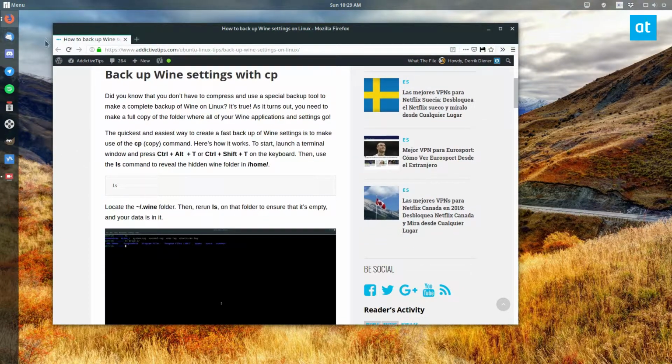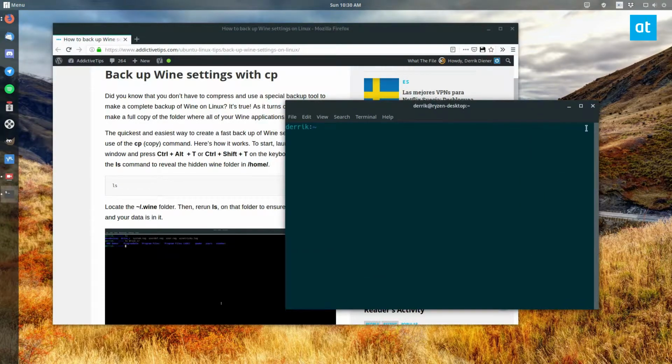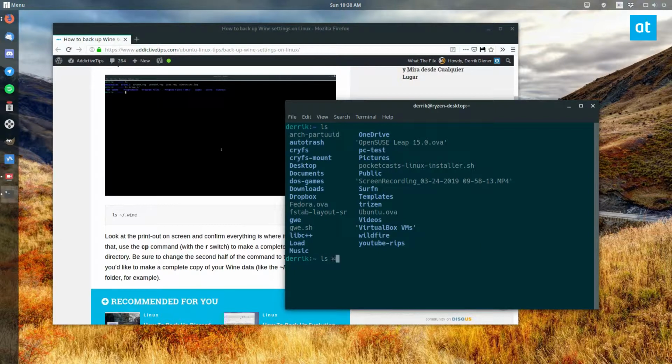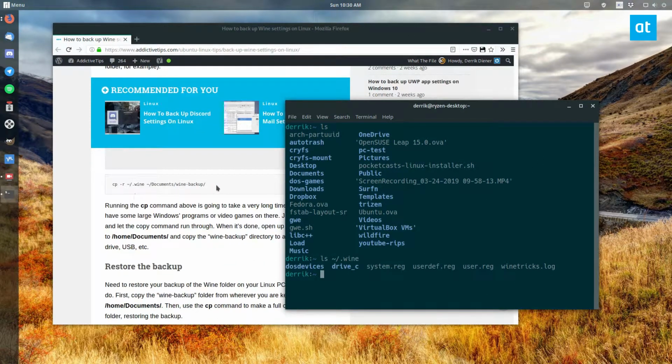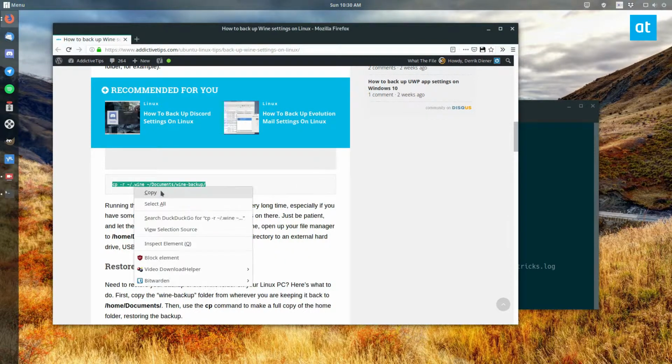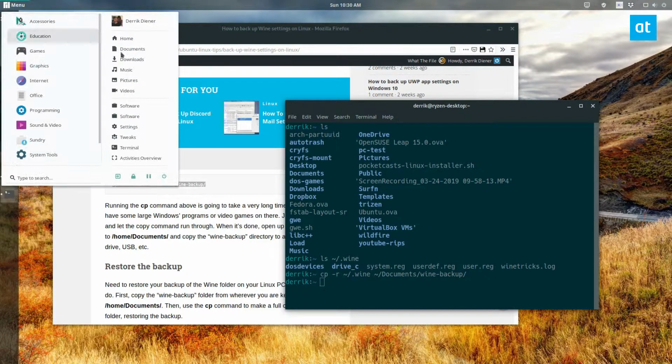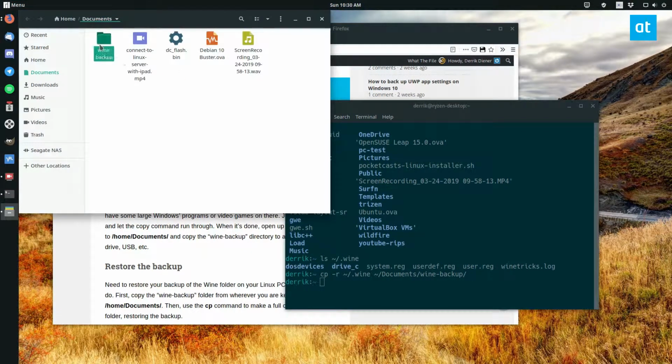We need to launch your terminal. And from there, we can run an ls, locate the wine folder, ls, like wine. We see we got a bunch of stuff in there. We scroll down and we can copy this command here, do a folder. This is going to create a huge copy from wine to wine backup. And we can go to the documents folder here. We see this is the wine backup folder. From there,